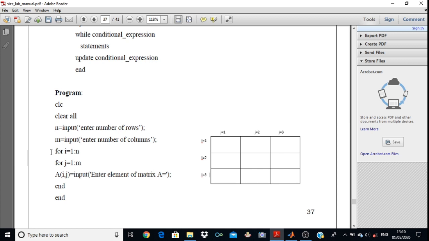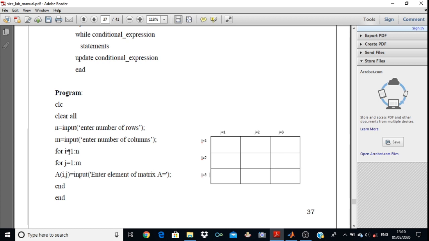So for i equals to 1 is to n, here you have taken two indexes, that is i and j. i we have taken for the outer loop and j we have taken for the inner loop. Whereas you can see that n indicates the number of rows and m indicates the number of columns.